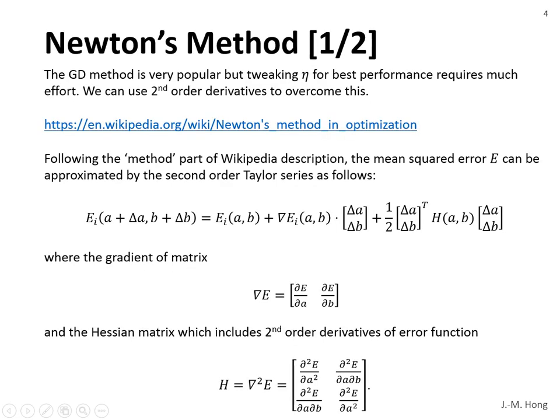So in this case, we can use the second-order Taylor series. Okay, so we can define the error function as a function of the trainable coefficients A and B. We would like to find the second-order Taylor series of E here. So E of A plus delta A, B plus delta B is E of A, B plus